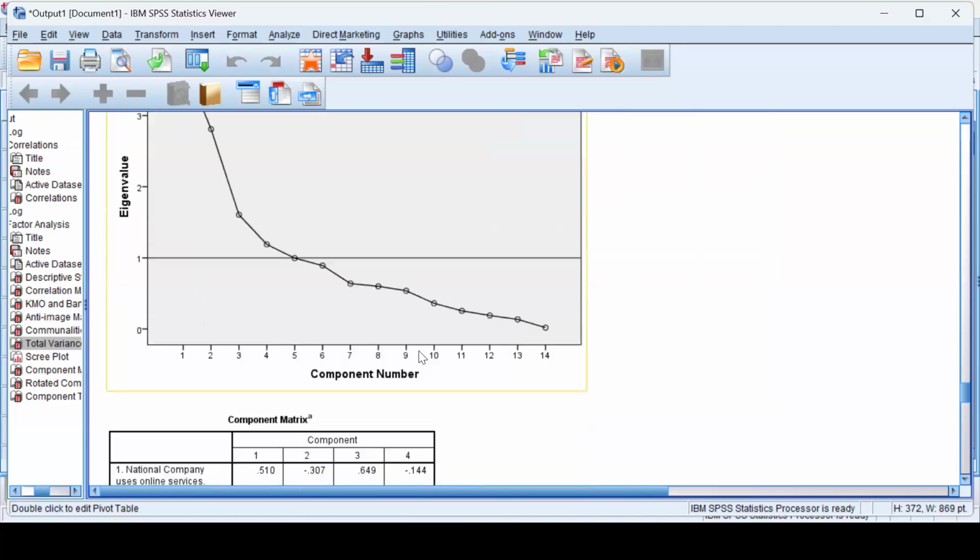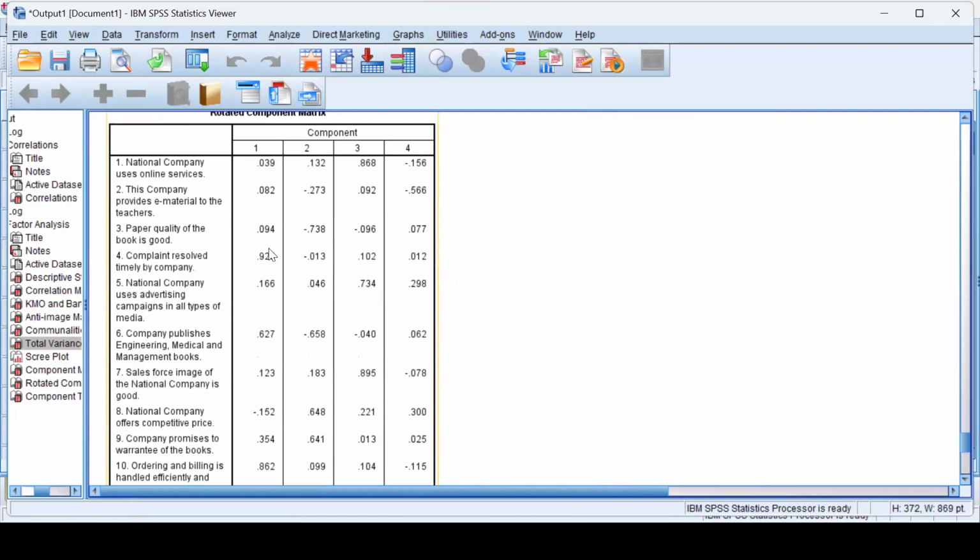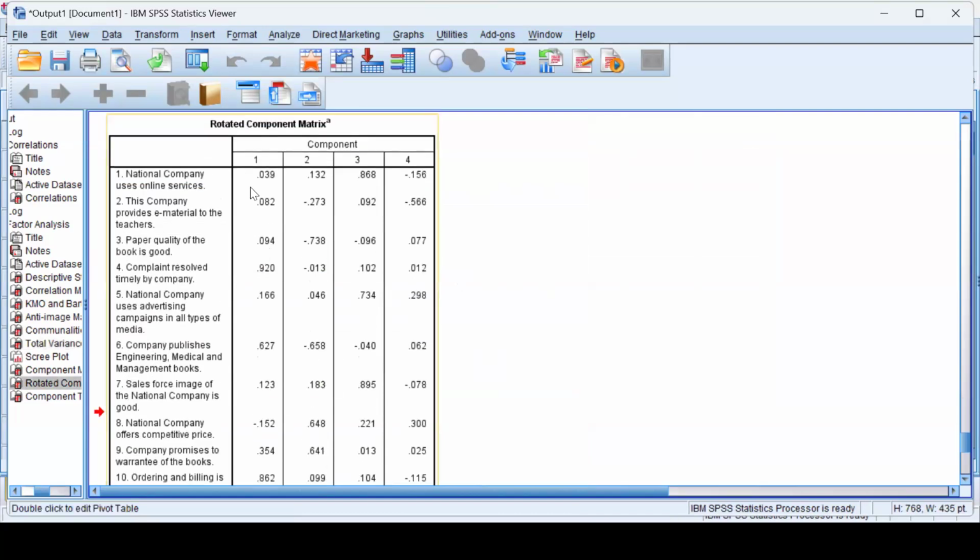इसने भी बता दिया हमें कि we should retain the 4 factors. So this is component matrix unrotated. So point the factor loading of this component 0.510 and 0.649 very high. So item number 1 high under the factor of 1 and as well as 3. So it's a problem of cross loading. But when we apply the rotated factor matrix, the item number 1 highly related with the factor number 3, 0.868